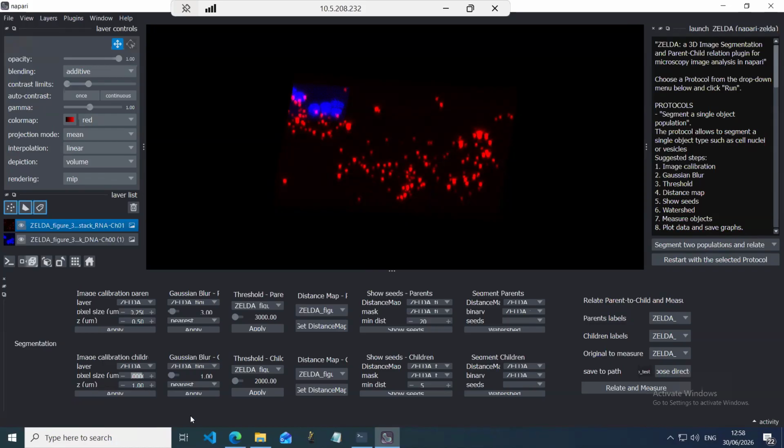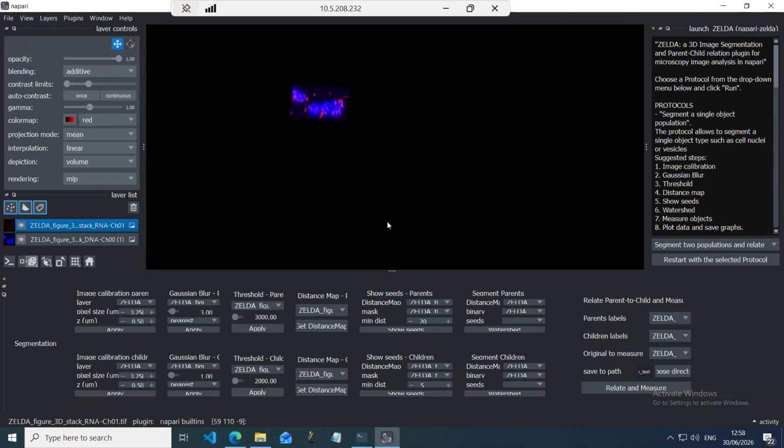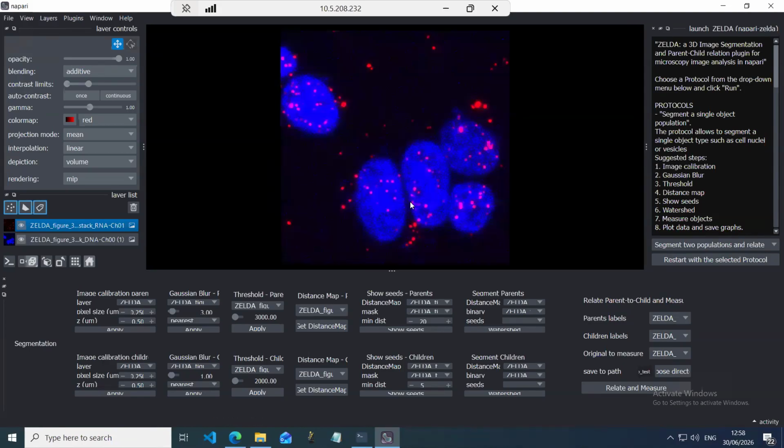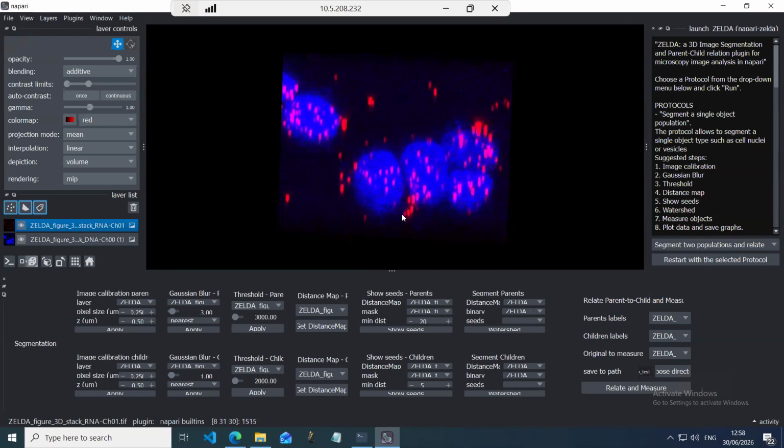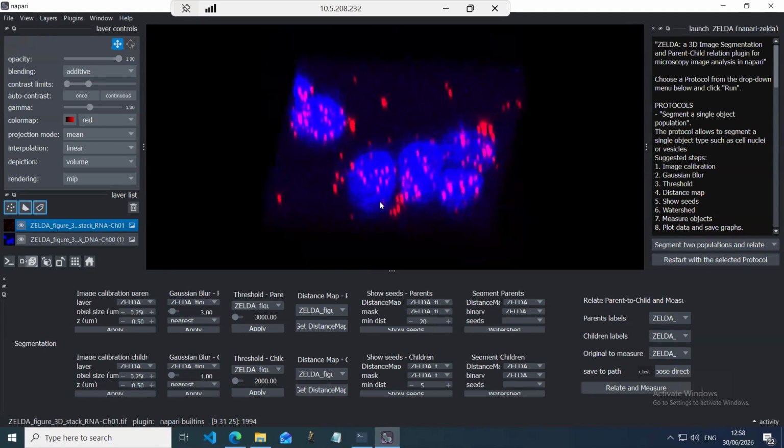I'll try to select 0.25. I'll select this as being 0.5. And this will be the second channel. So it is called channel 1 in my case. Now, both the datasets have the same scaling, and by pressing this house button, we get the canvas to be